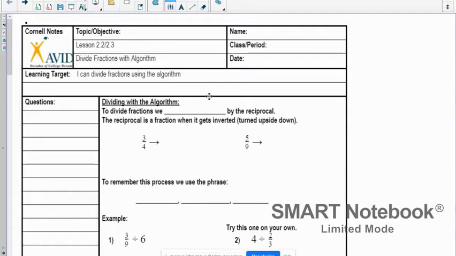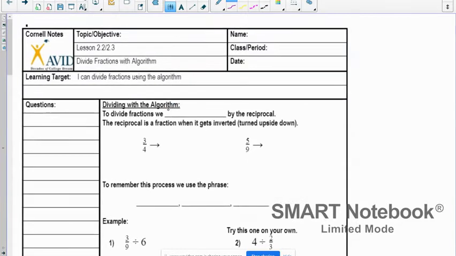All right, so that's just like a little catchy phrase, keep, change, flip, that we'll use when we're dividing fractions to remember how to do it. So when we're dividing fractions, we multiply,